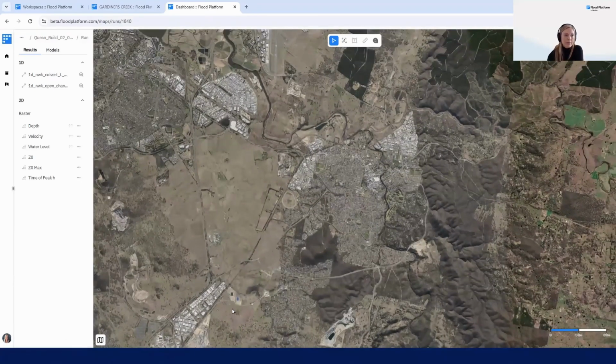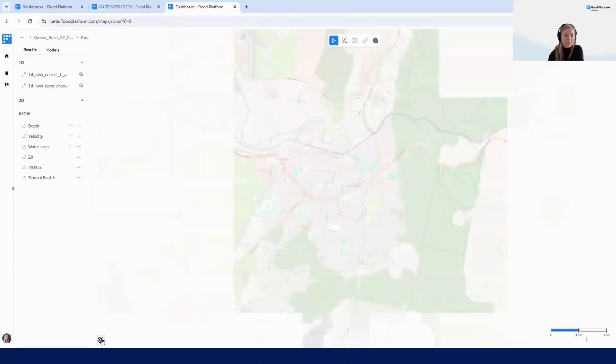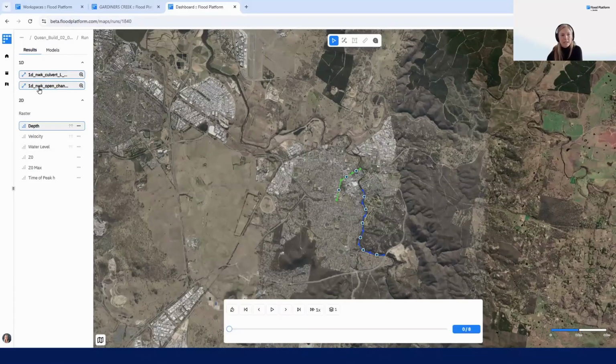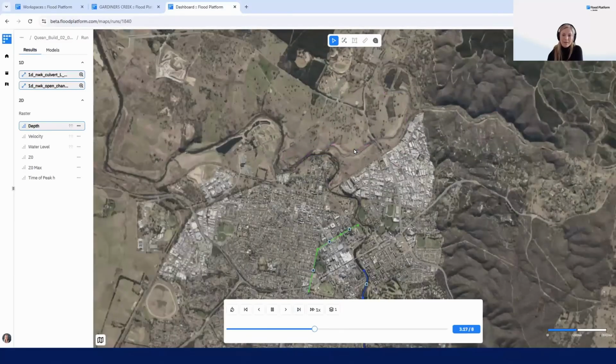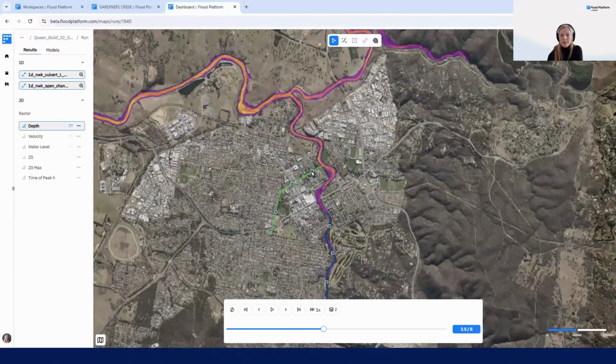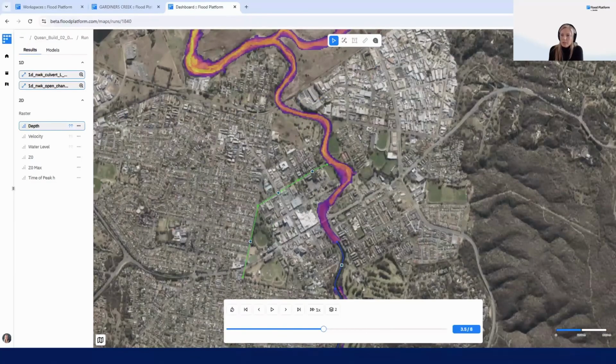Right. So inside Flood Platform, we've got two options. You can use the map view or the aerial view, depending on your choice. And the results tab, I think, is built for modelers and non-modelers, right? So it's pretty self-explanatory. You get 1D elements and you get your results. You can step through the results and play the flood simulation. You can see the water through the river network there. You can also add the maximums. And if you wanted to, you can also plot 1D results.